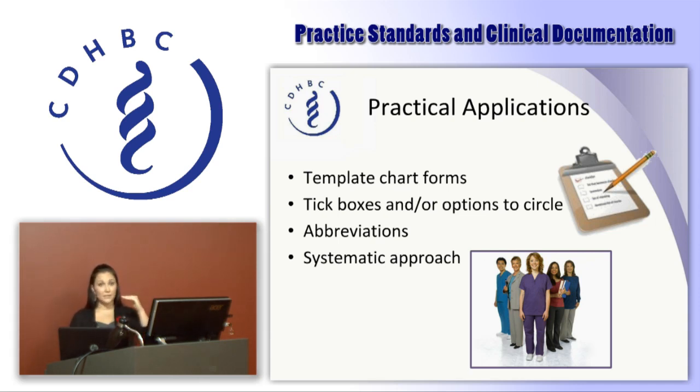You can list gingivitis, periodontitis, the mild, moderate, and severe, and you can circle those options and then make additional notes as related to that specific client and their individual condition. Another great idea is with informed consent. As we just talked about, this is something that's really often missed. So having a box on your chart that says verbal informed consent obtained from patient and a tick box, it's